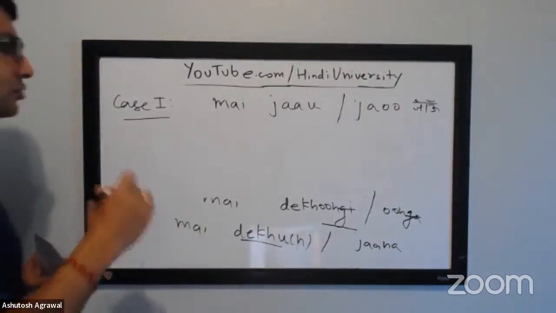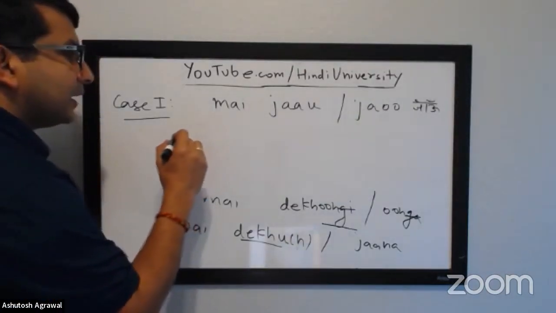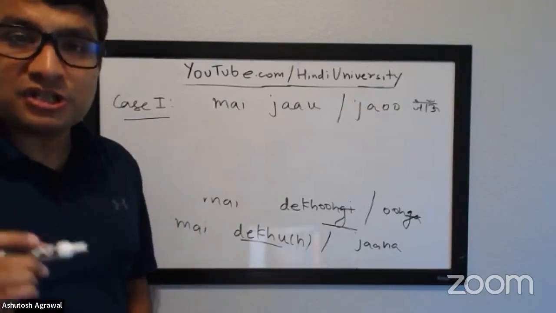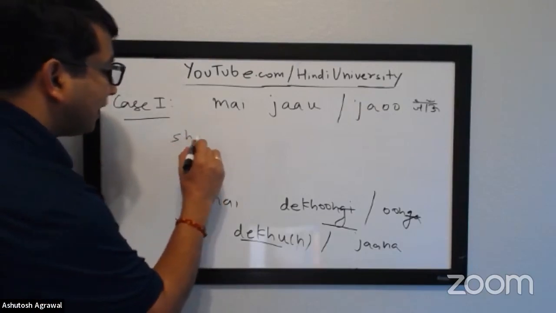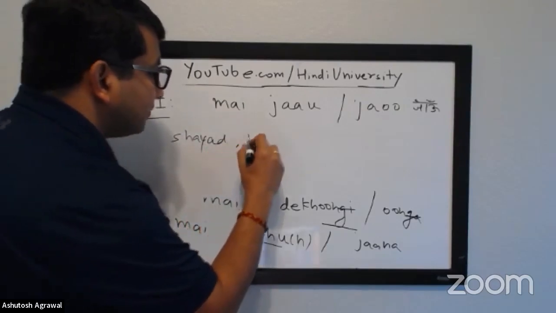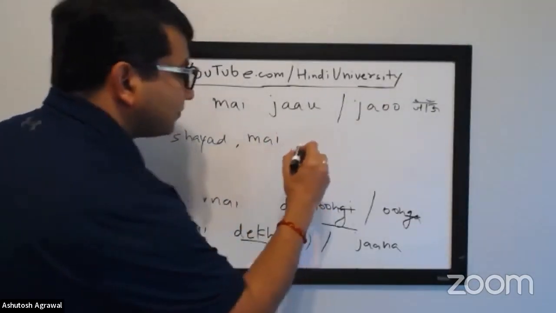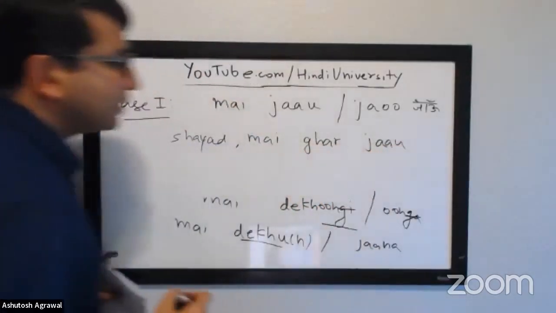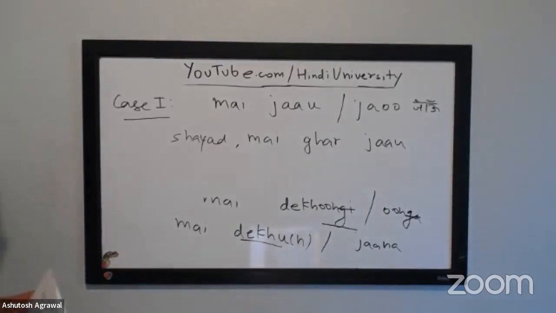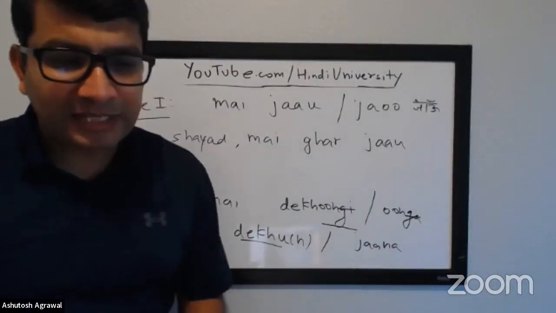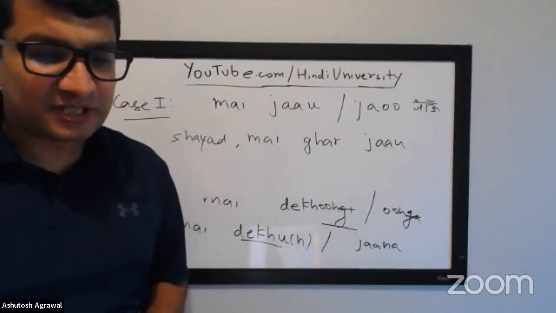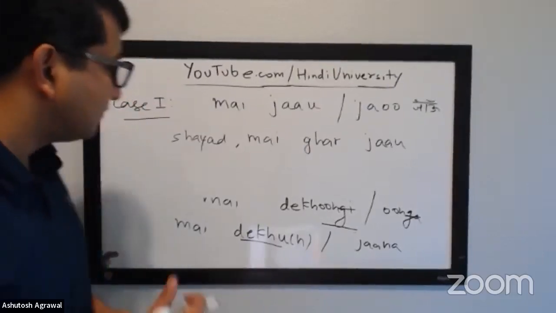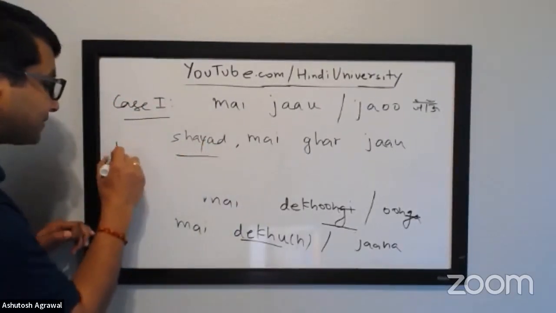Okay, so let's say you want to say, Sharmila ji, अगले हफ्ते वेकेशंस हैं. शायद मैं घर जाऊं. शायद मैं घर जाऊं. Okay, what are you implying here? What is the emotion or what is the expression here? Perhaps I may go or I shall go. Very good, right? So you are saying perhaps.